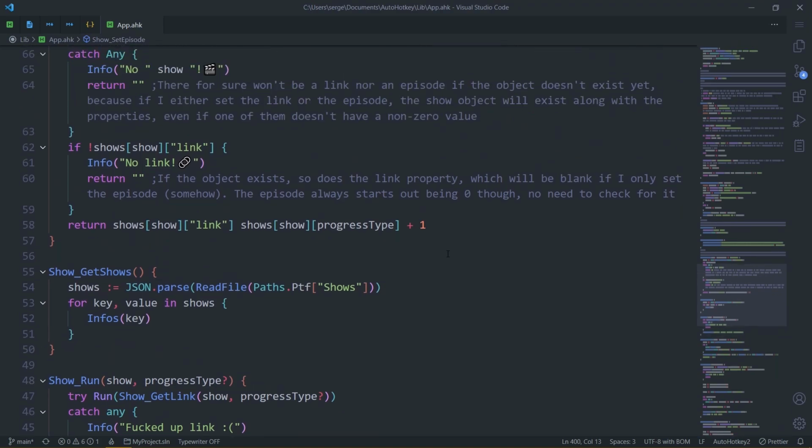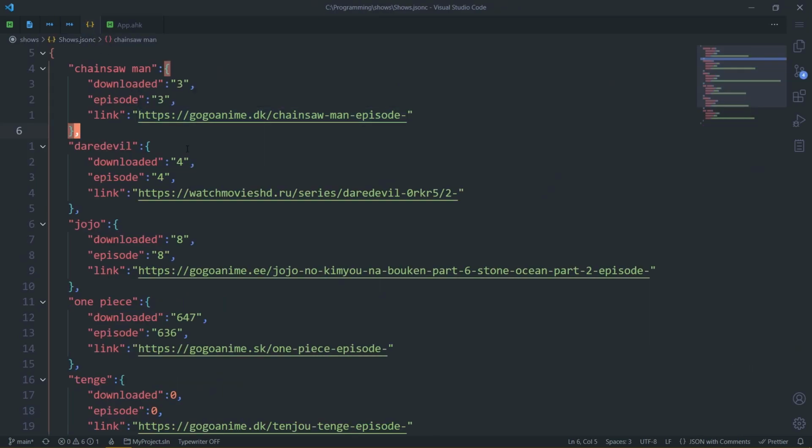So first of all, we're going to implement a feature that I want. So I watched up to episode 3, including that. However, I don't remember when I finished watching episode 3. So I don't know when was the last time I made the change. The closest specificity that I can get to is by looking through my commits of this repo. However, I really don't push commits that often, like from time to time, so it's going to be very